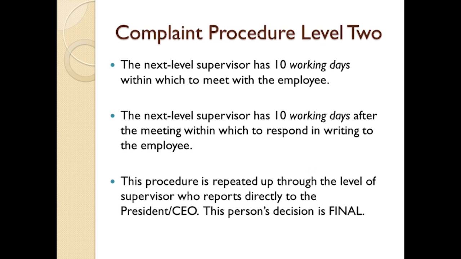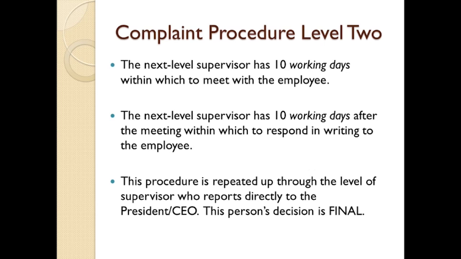If it hasn't, an appeal must be filed with the next level supervisor within 5 working days. This procedure is repeated all the way up the chain of command and ends at the level of supervisor who reports directly to the president, CEO. The only time the president, CEO, is the final level of review is for complaints by employees who report directly to the president, CEO. At the final level of review, the reviewer has 10 working days to interview the complainant,